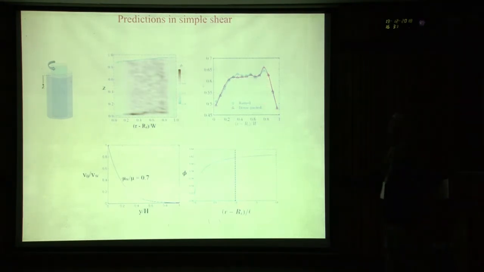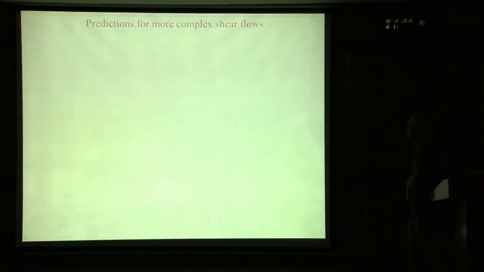Now if I solve the equations, I get a velocity profile that is exponentially decaying, which, as I told you, was in agreement with experiments, and I get a density profile that looks similar to that. So I do get an increase in density as I go from the wall away from it. Of course I do not get this crystallization induced order here, or sorry, reduction in density, but